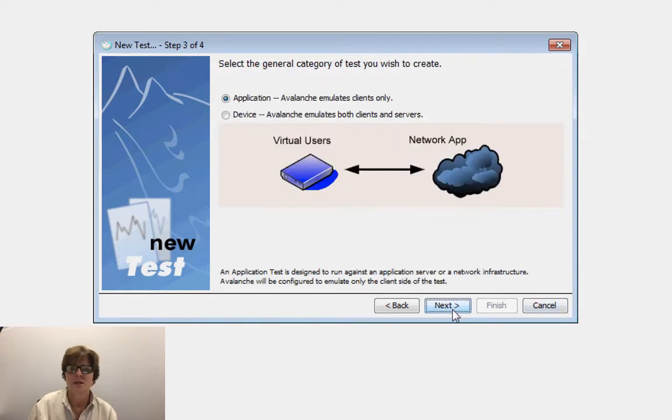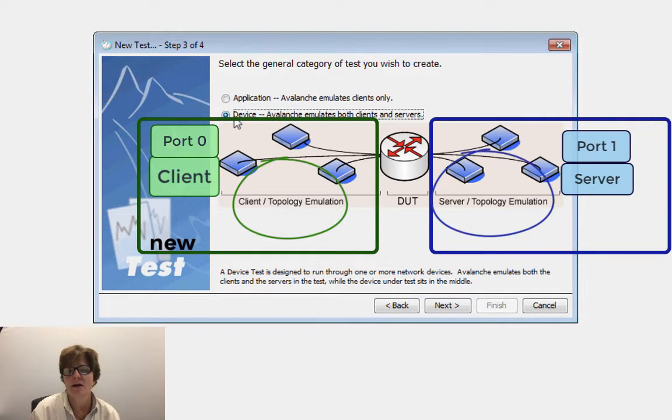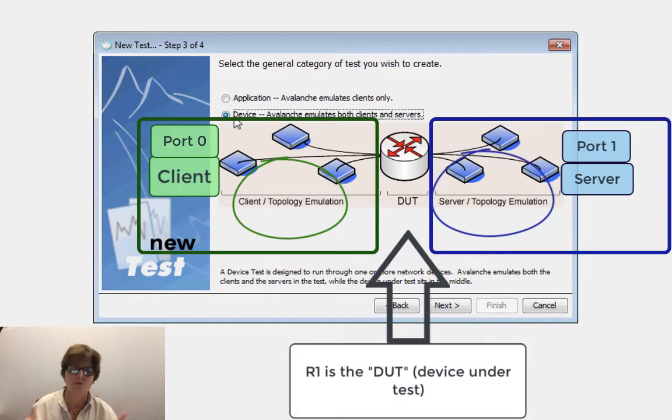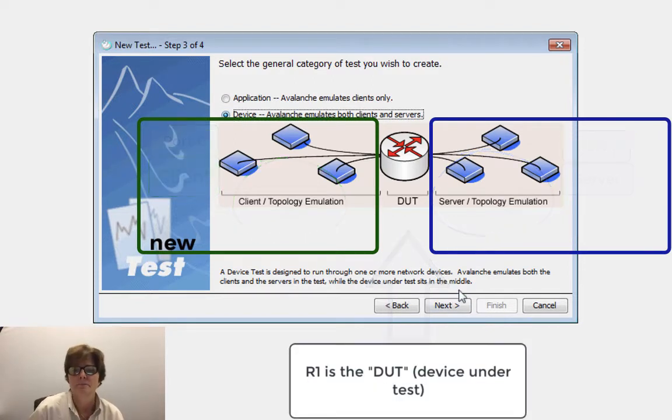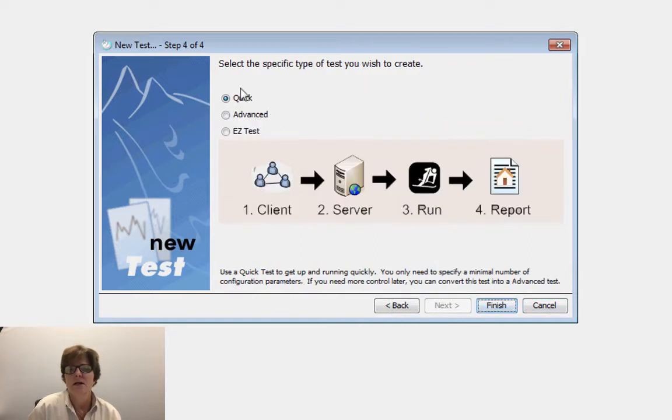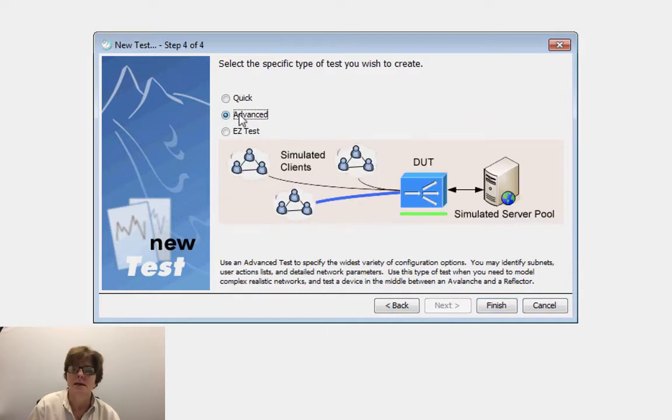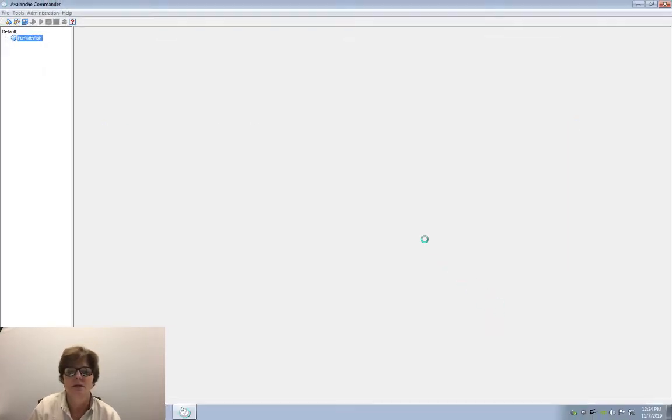And next. Now, like I said before, we can have the appliance emulate clients only. This is typical for people who are buying the Spirent to go up against their real servers. But I'm actually going to have my appliance on those 2 ports act as the client and the server. So if we go next, I'm going to run advanced test, because I've been using this tool for a long time, and I know exactly what I want and how to get it done.